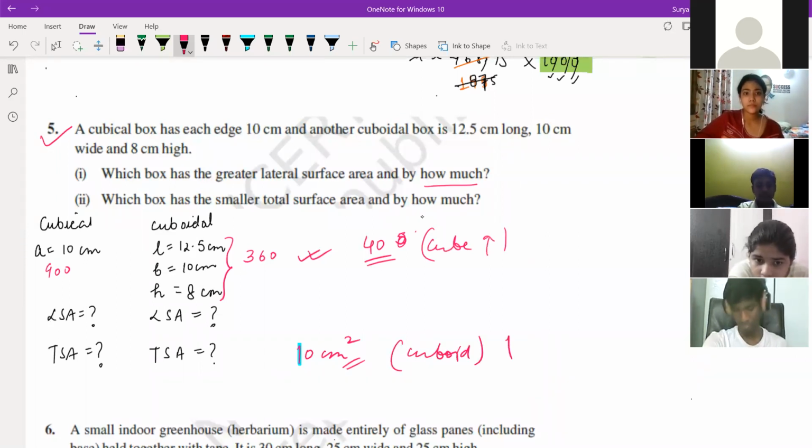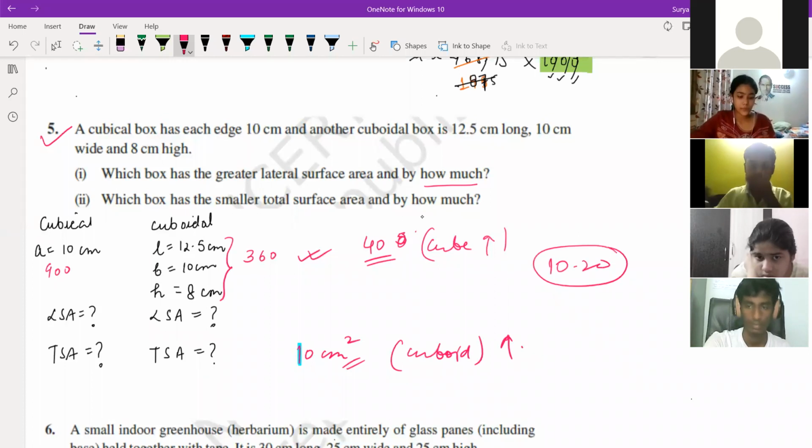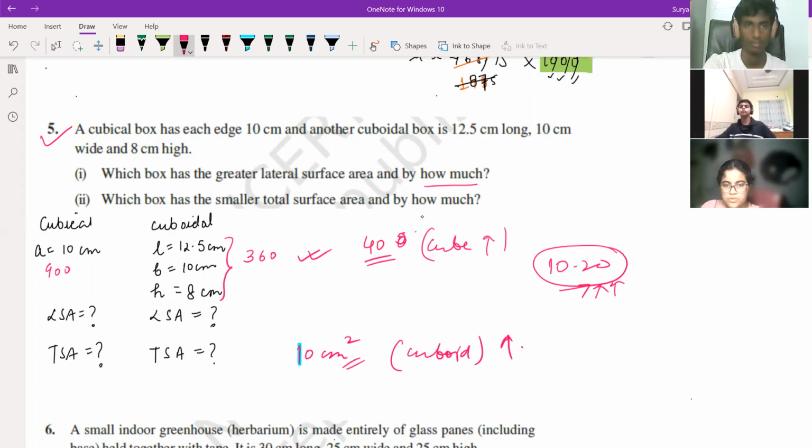So try to do the questions, children. Try to do as many questions as you can. If you have doubts, you can send them on the Wise app so that we can clarify fast. At least 10 to 20 questions you do from this till the next class, okay? Okay, sir. Any doubt till here? No, sir.